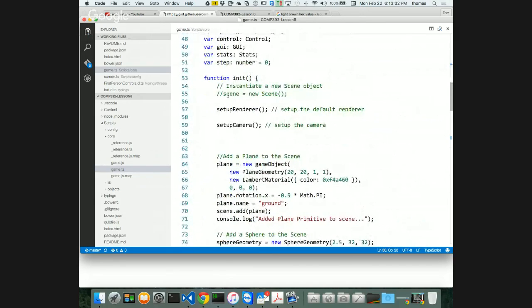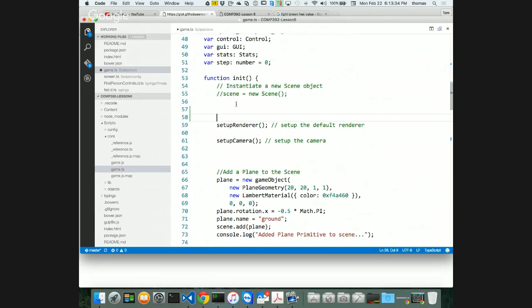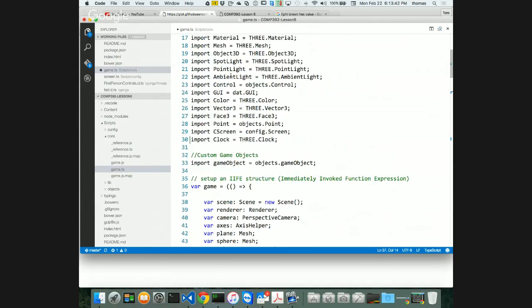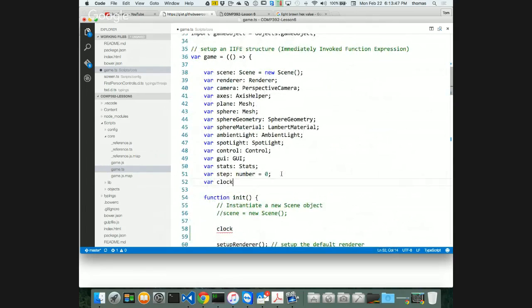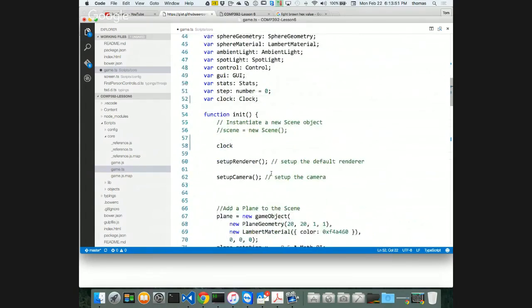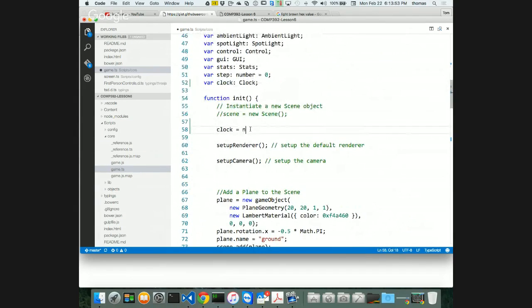Before I render my scene, what I want to do here is set up my clock. So I want to say clock. Oh, by the way, make sure I've got a variable for that. I forgot to put that in there too. var clock is of type Clock. There we go. So clock is equal to a new Clock object. I need to do that. I set the clock,